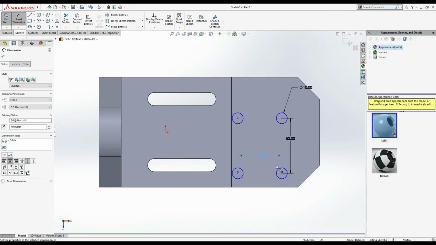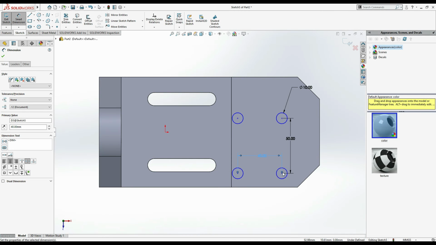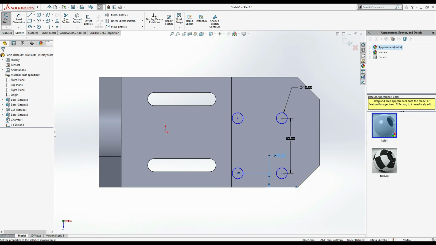And one more thing, from here to this edge is 25 mm. From this center point to this edge is 25